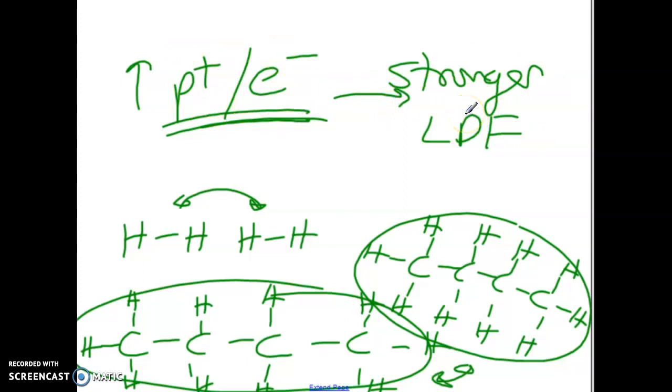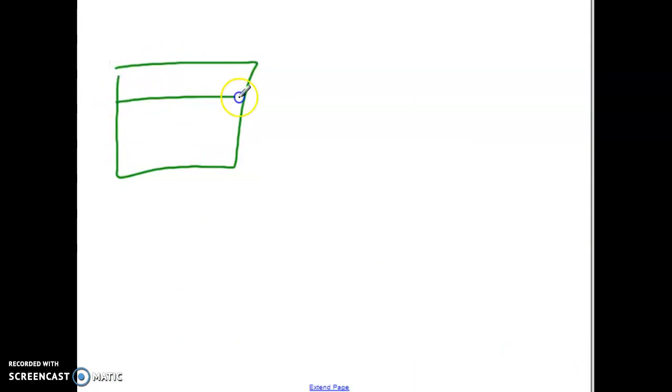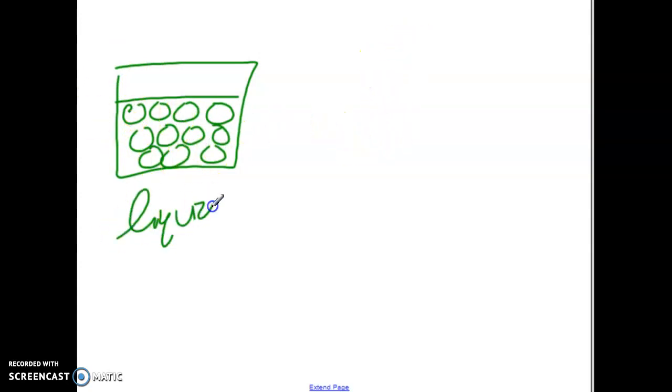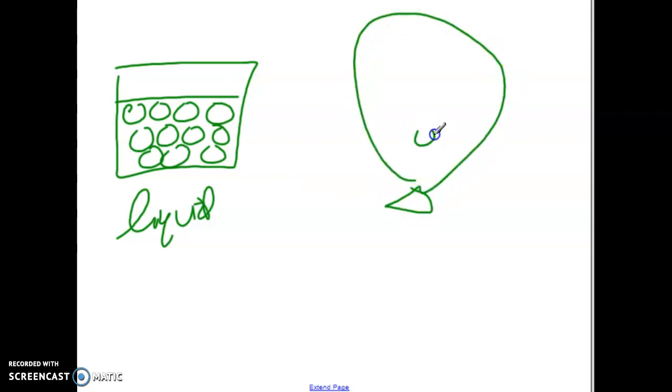So remember, these are all forces of attraction. So what does that mean? That means these larger carbon-hydrogen structures have a stronger attraction for each other in comparison to these hydrogen structures. So what does that matter for us? Well, if you remember going way back to grade 9, when you're looking at particles, so little particle pictures, let's say I have a liquid versus a gas,